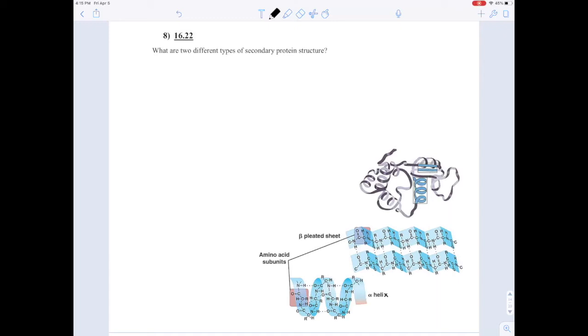Chapter 16, question 8 asks, what are two different types of secondary protein structure? And to really appreciate this question, you have to have an idea of the levels of protein structure in the first place. The first level of protein structure, the primary structure,